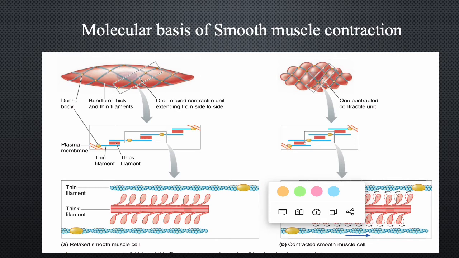Lacking sarcomeres, smooth muscle doesn't have Z-lines, but it does have dense bodies containing the same protein constituents found in Z-lines. Dense bodies are positioned throughout the smooth muscle, as well as attached to the internal surface of the plasma membrane. Dense bodies are held in place by a scaffold of intermediate filaments. The actin filaments are anchored to the dense bodies. Considerably more actin is present in smooth muscle cells than in skeletal muscle cells, with 10 to 15 thin filaments for each thick myosin filament in smooth muscle, compared to 2 thin filaments for each thick filament in skeletal